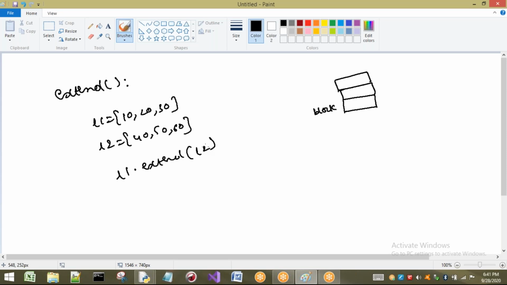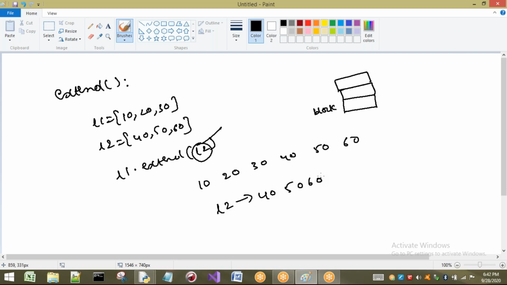We have to understand this one. So what happens here? All the elements that are present in L2 will be present in L1. That means L1 will have 10, 20, 30, 40, 50, 60. What about L2? I am not going to do anything with L2. So if I ask for L2, it is going to give me 40, 50 and 60.